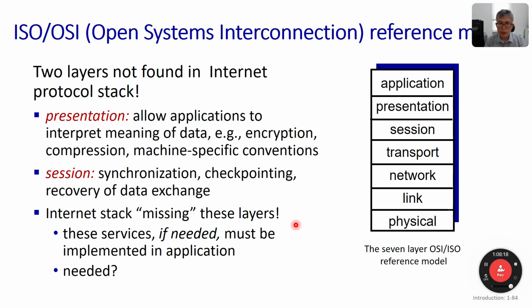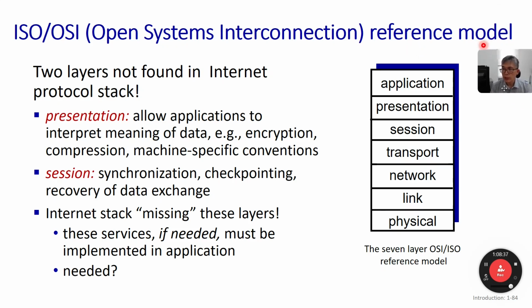Additional chapter 1 slides. This is OSI, from the International Organization for Standardization, which made a network layer architecture, OSI. OSI stands for Open Systems Interconnection Reference Model. And there are two layers above the internet protocol stack, right? Like the presentation and session layers. So the presentation layer